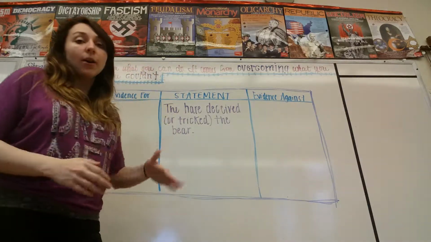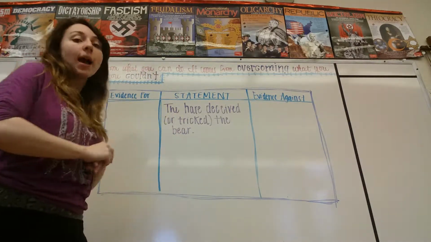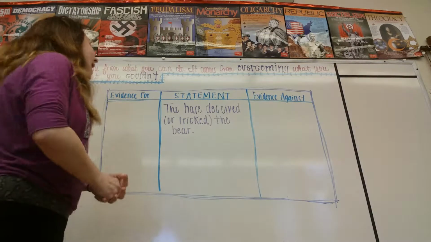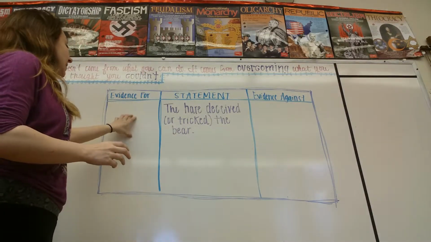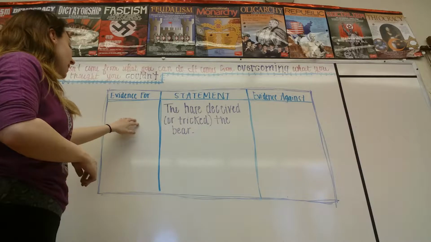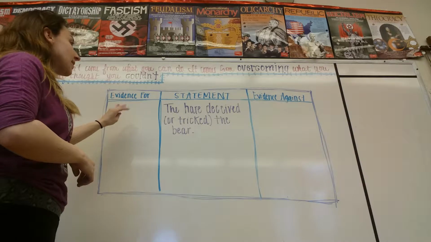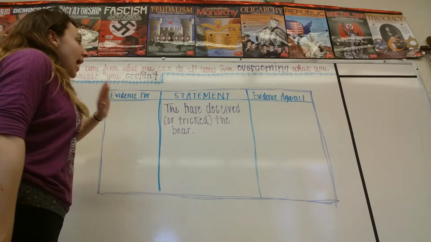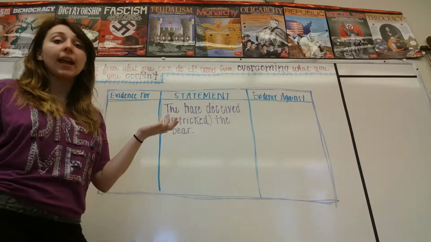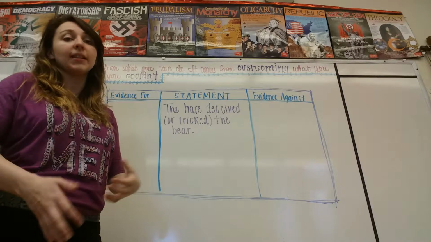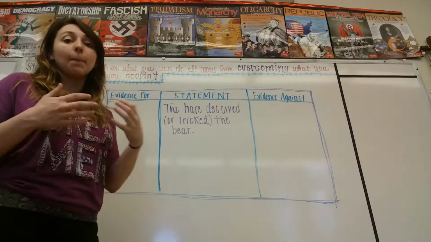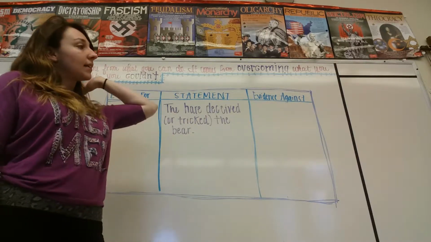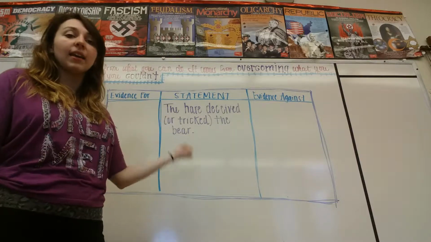So, in the book, and I know that this is backwards and I apologize, I'm working on the front-facing camera. This was an example that they gave within the text, and they gave a bunch of different examples. This is the example that they gave for the elementary English class. And in that class, they had been reading a book where a hare or a rabbit has deceived or tricked a bear. So this teeny tiny little thing has outsmarted a big thing, and he got out with his life,